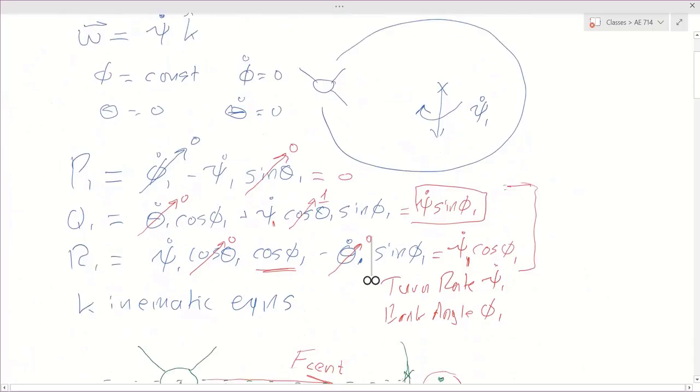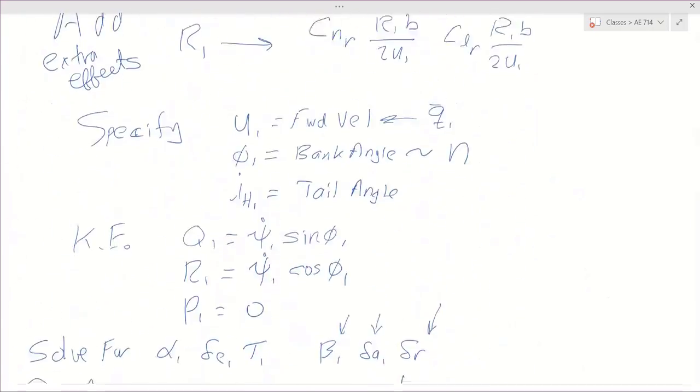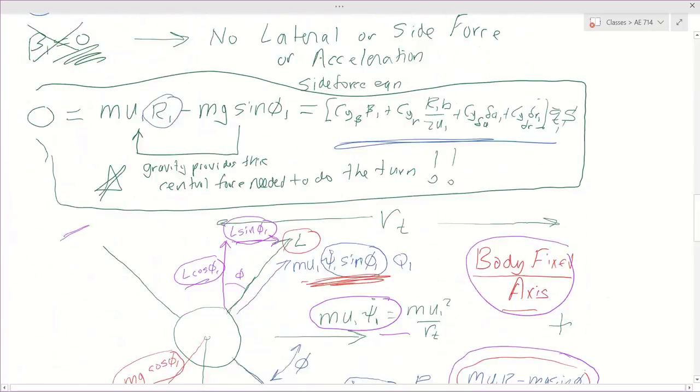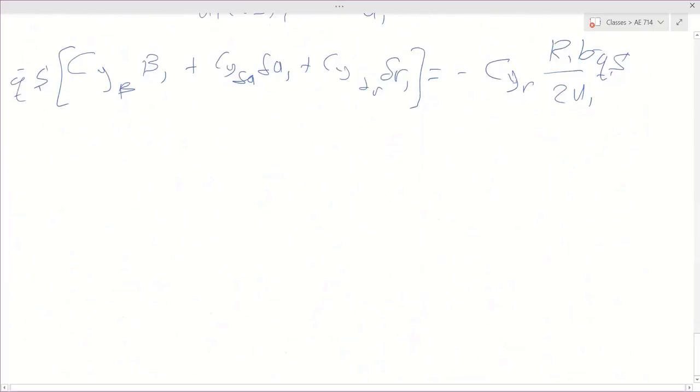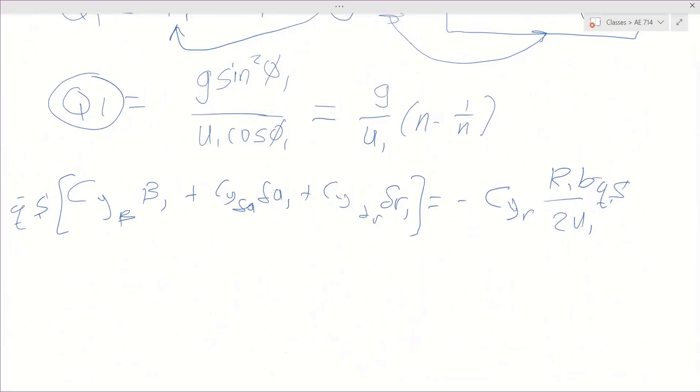I showed it to you from the book, right? So let me pop that up. I'll get back here so you can copy on this. So that's from the side force equation, which came from